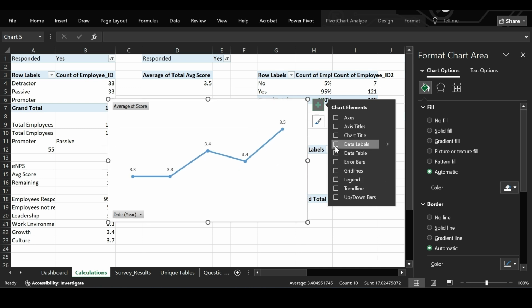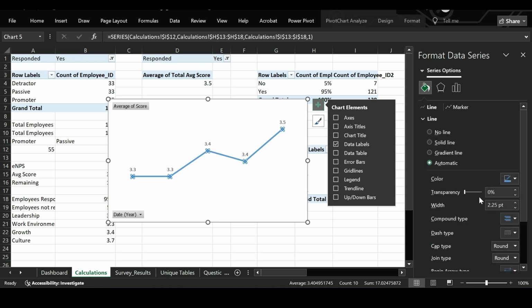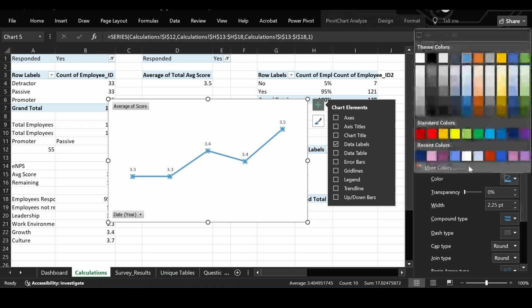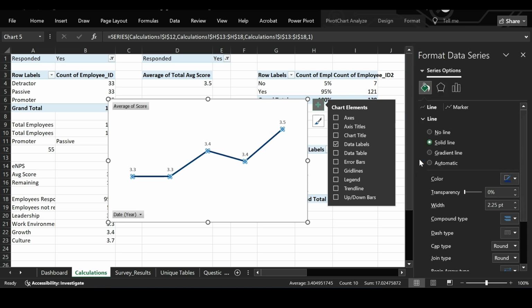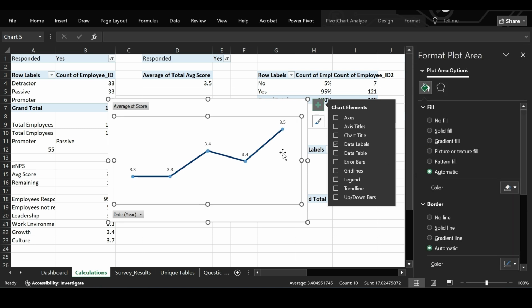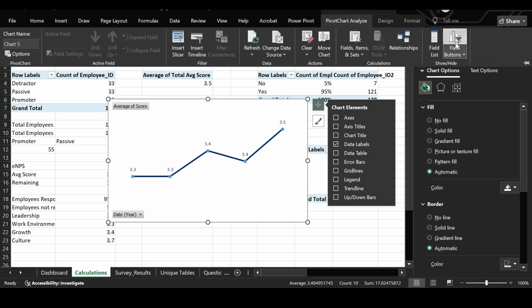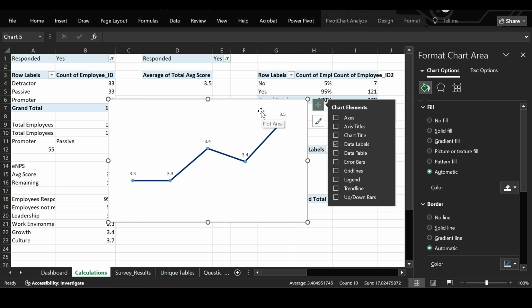Adding data label. Some small change over here, changing the color to dark blue. We don't want these field buttons, so removing the same.